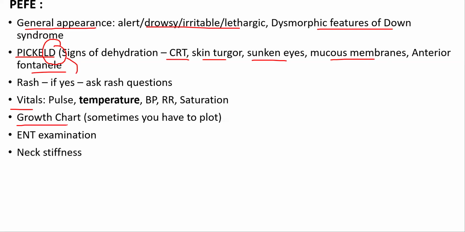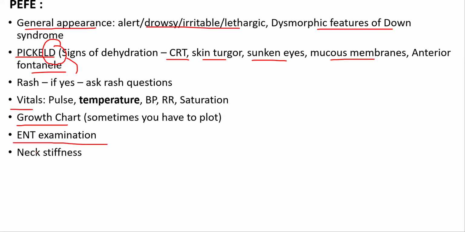In pediatrics, growth chart is another thing that we have to ask in every pediatric case. So growth chart allows us to know if the child is growing well, developing well. So we always check the growth chart of a child. After you have done the general appearance, pickled, especially dehydration, vitals, and growth chart, then you will start with the